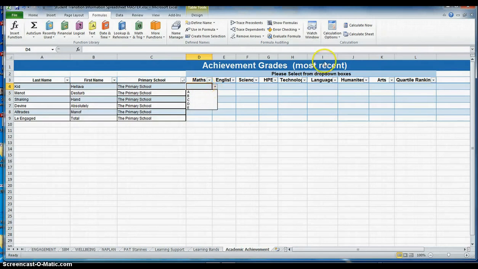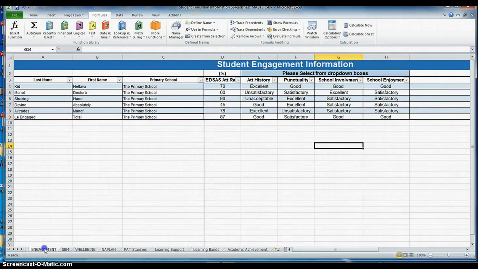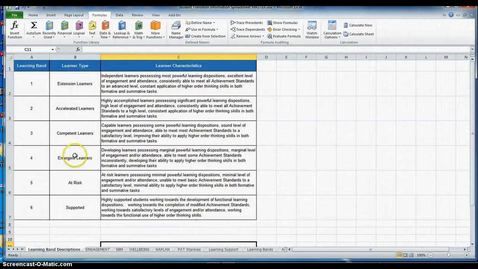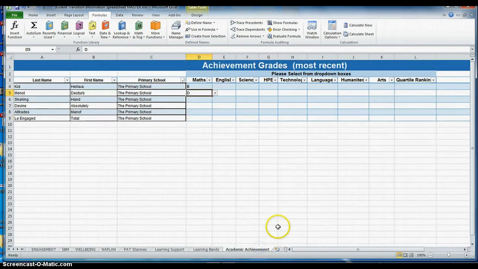The most recent grade, similar to the last one, but what grade they actually get. This one here is the learning bands they should be under, based on the engagement levels in this very first sheet. Now this one here is the actual grade they got in last term's report. You save it all,